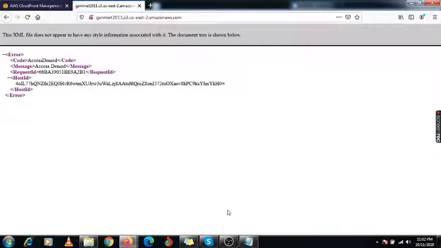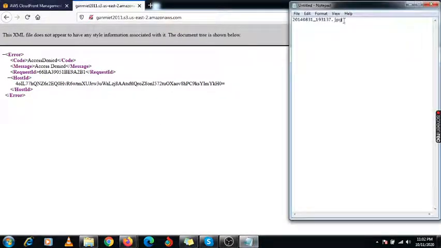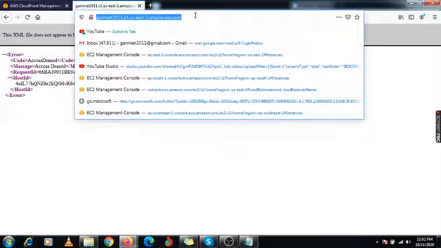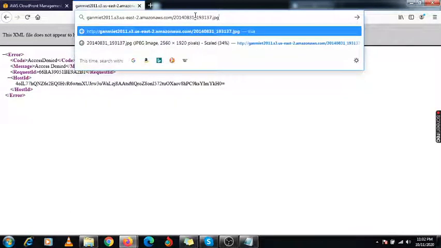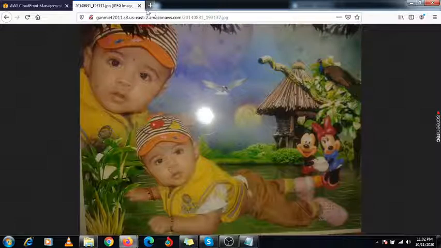You will first get access denied, and when you enter the uploaded file name, then it will display. So the full URL of your web page is first your domain name, and then you need to specify the file name. Now this image is open, right?